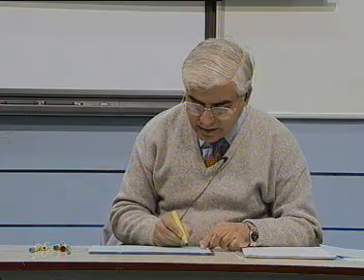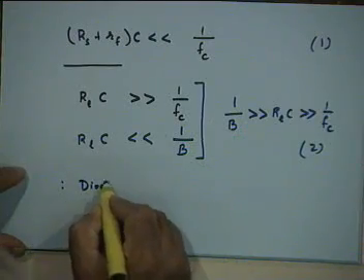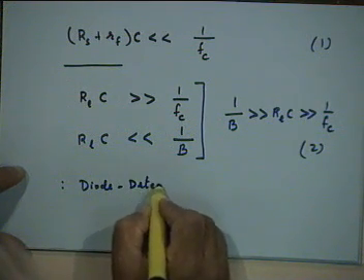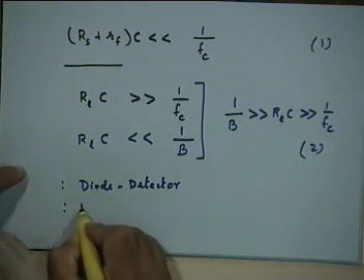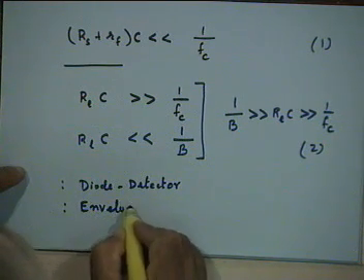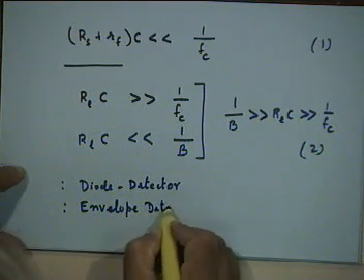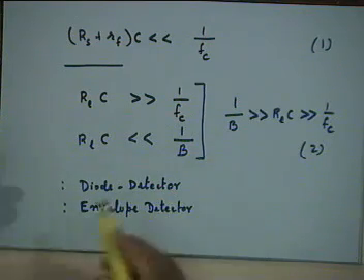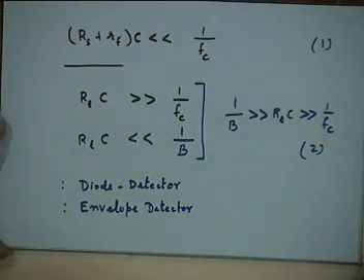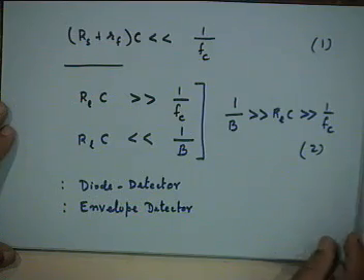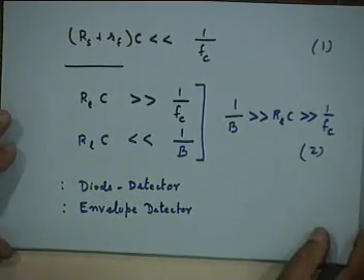Okay. So that is what the envelope detector is all about. This is what we call the diode detector. It has various names. We also call it the envelope detector. And as you can see, just with these three components, a diode, a resistance of a sufficiently large value, and a capacitance, we can build a very simple demodulator, right? And that's what most of your AM receivers do, that you use in your homes or whatever.